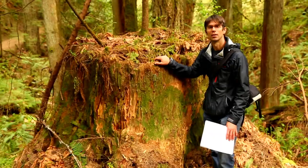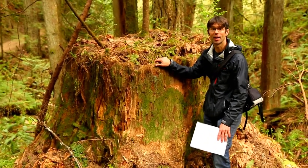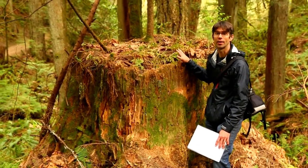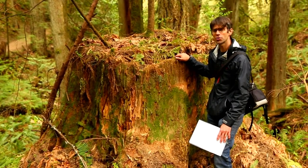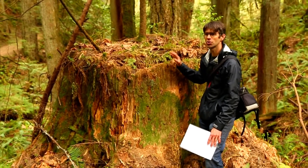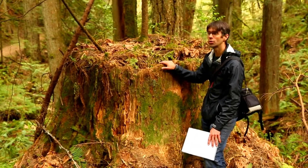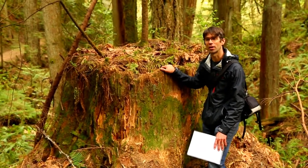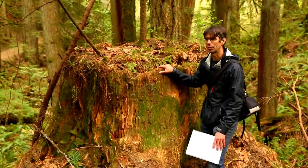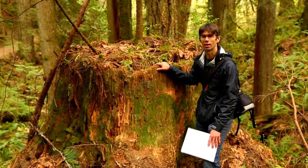for the grubs. Well, many of the snags in this forest stand have jagged tops and indicate that they died of natural causes. Here's one that has a very flat top because it was cut down by humans. So interesting that this stand has both, and what that tells me is that there was just some high-grade timber extraction here where the loggers only took the best trees and left a lot of the other ones. So they took the biggest, straightest Douglas firs and probably left a lot of hemlocks and cedars and trees that were just not very big or not